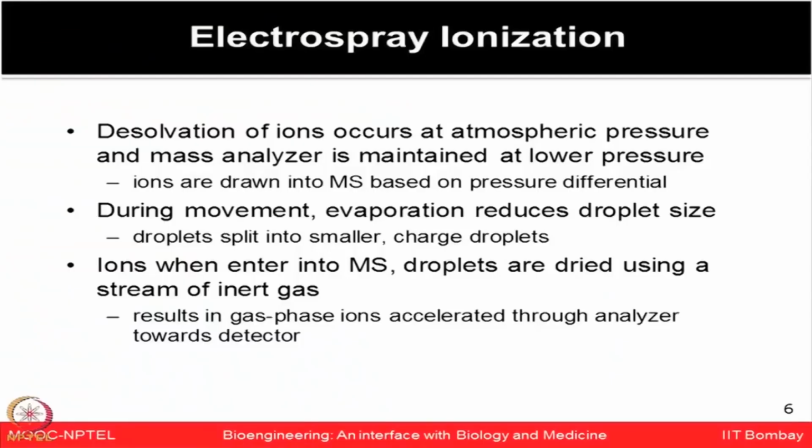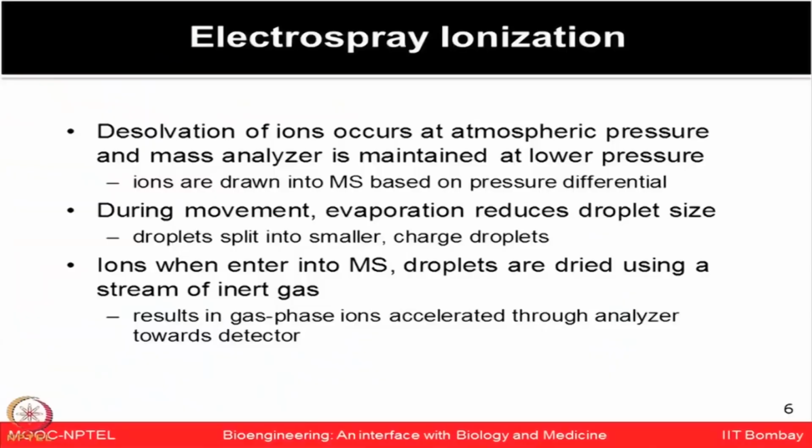These droplets are formed in a very high electric field and become highly charged. So, in electrospray ionization, the desolvation of ions occurs at atmospheric pressure and the mass analyzer is maintained at a lower pressure. By using this kind of differential pressure, you are moving all these ions inside the mass analyzers. And at the moment this evaporation happens, which reduces the droplet size, these become the charged